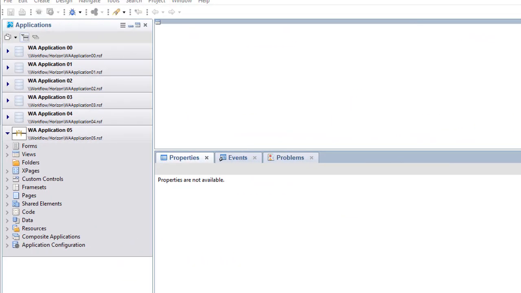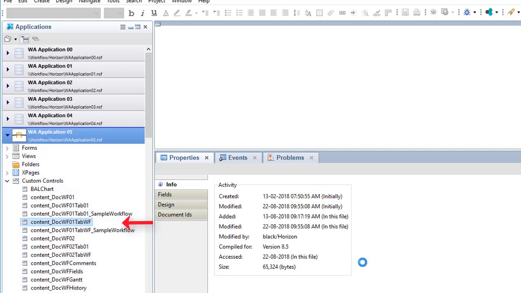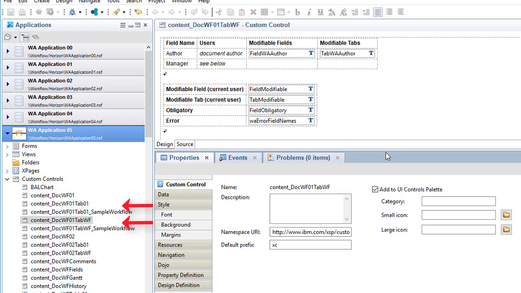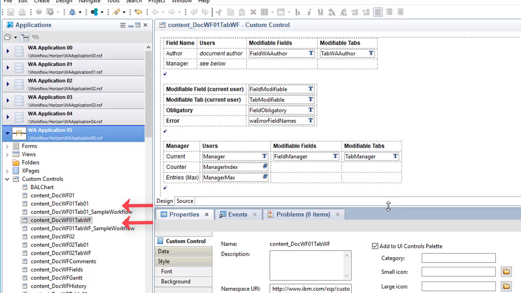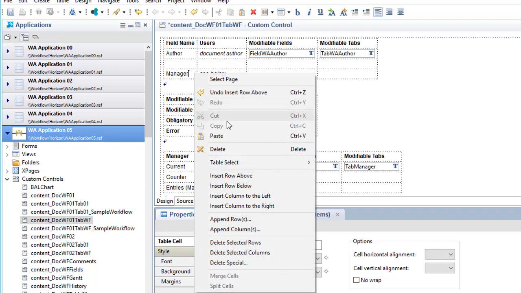To render the entire application web mobile, we just need to make a few changes. You can see the naming conventions used here. These custom controls correspond to the Workflow tab and Details tab, or tab 1. In the Workflow tab, we need to add our constraint fields,